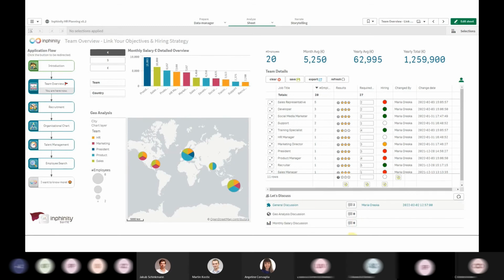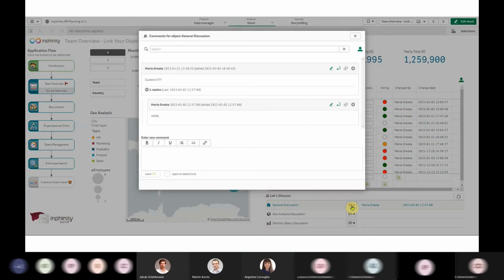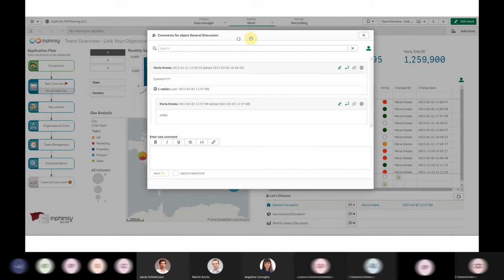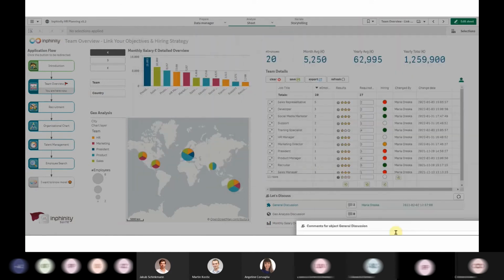The object commenting in Infinity Forms has been redesigned, so when I now click on this button, instead of having comments all over the screen, I see it as a pop-up. And what's really cool is that I can move it over the screen.